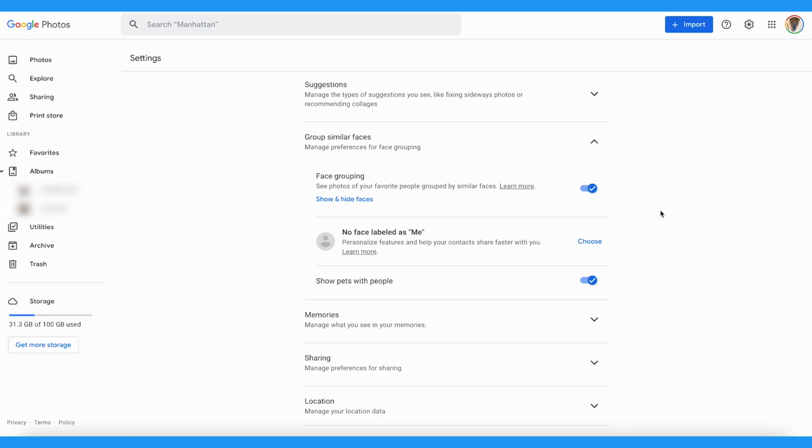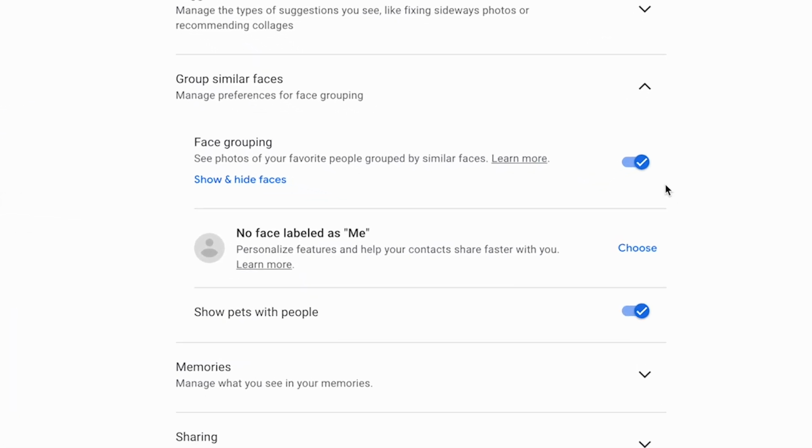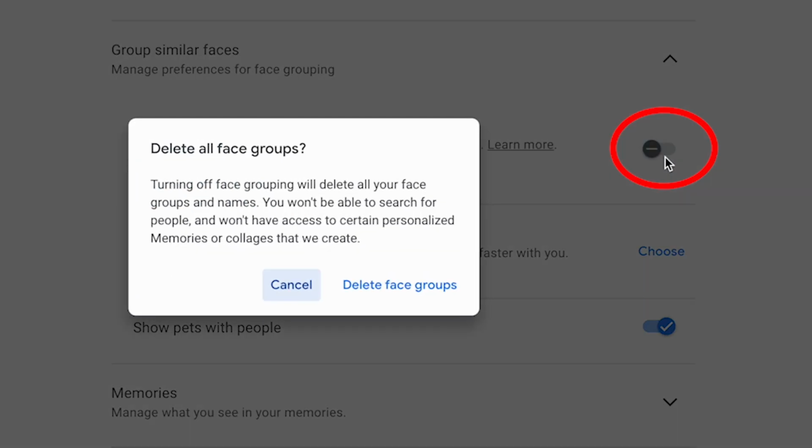If you want to turn off Google using face recognition on all of your friends and family, toggle off face